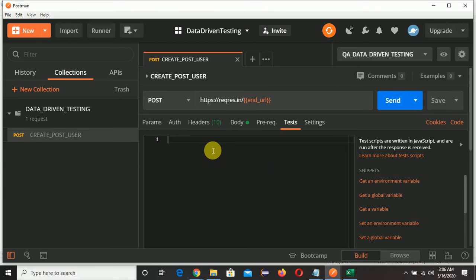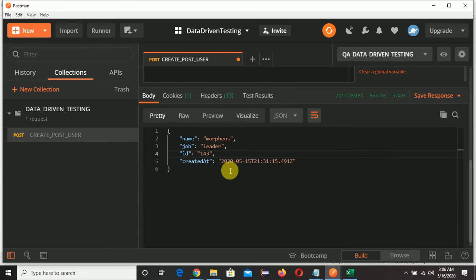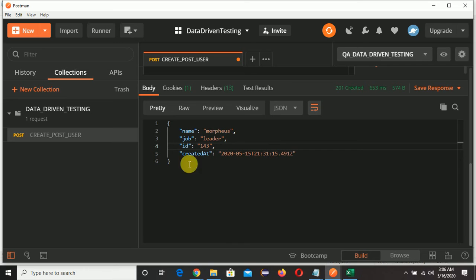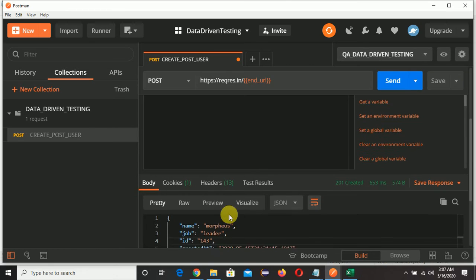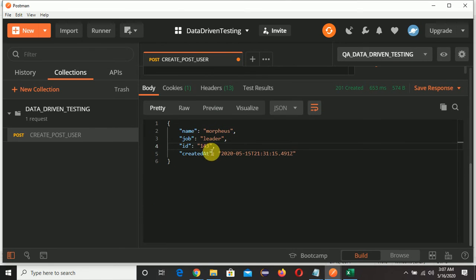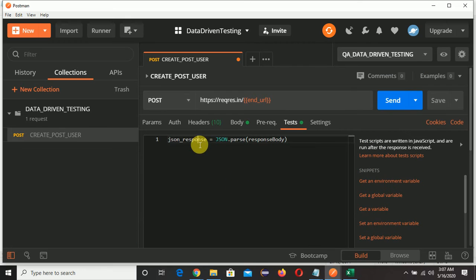For this we'll write JSON_response is equal to JSON.parse(response body). So what we are doing here, this is our response body, right? This response JSON body we are storing in this variable.